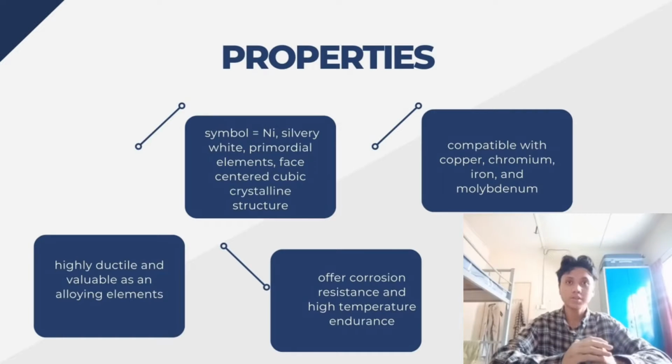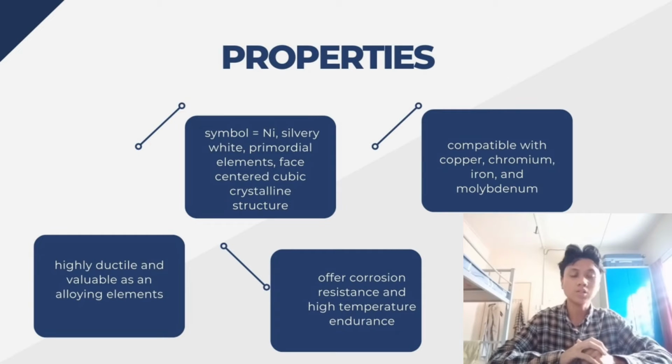Nickel is a versatile metal that is found in abundance in Earth's crust and core. Nickel exhibits several desirable properties that render it useful in industrial applications. For one, nickel is highly ductile and valuable as an alloying element to alter the properties of other metals. For example, grades of stainless steel can be created by the addition of nickel to produce alloys that offer corrosion